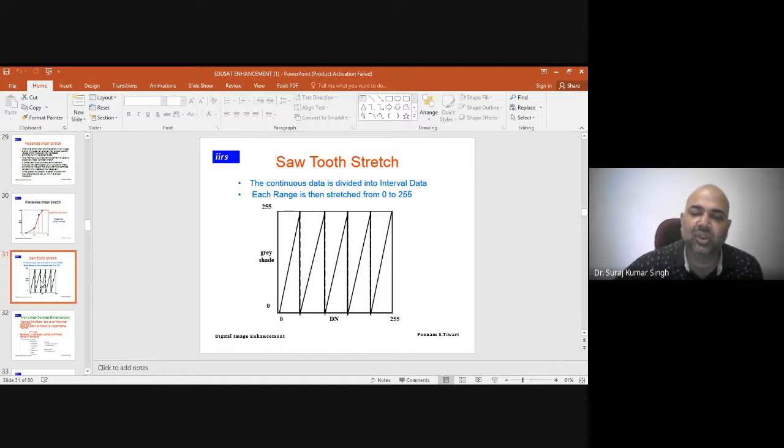Then you have the sawtooth stretch. What it does is that the continuous data is divided into interval data. It means you will be making small pockets, and each range is then stretched from 0 to 255. You'll be segmenting it into various ranges and then stretching each to a particular zone, like a small pocket.